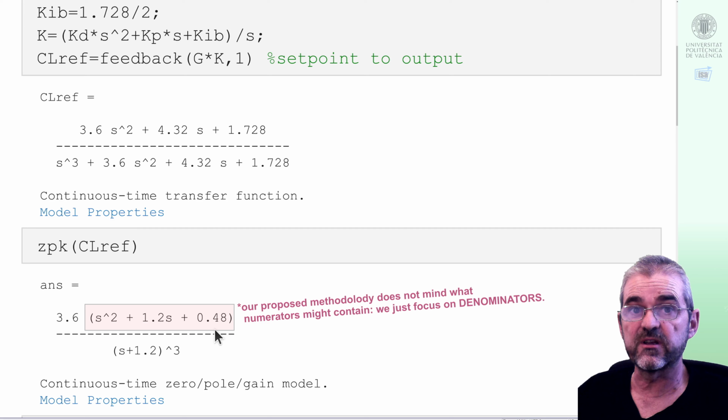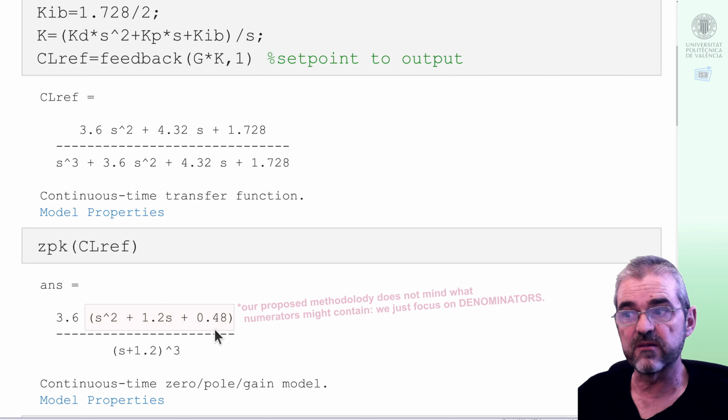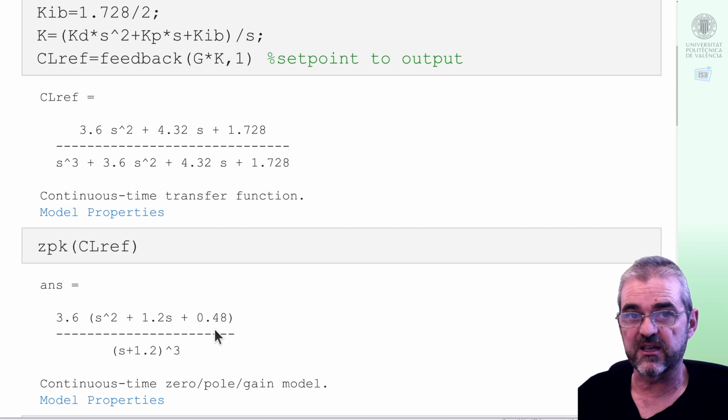If you know 2 degrees of freedom control, then you will be able to do something, but this is not the case with the theory we have used. So we are happy with the denominator, and we just don't look at the numerator and just simulate the step